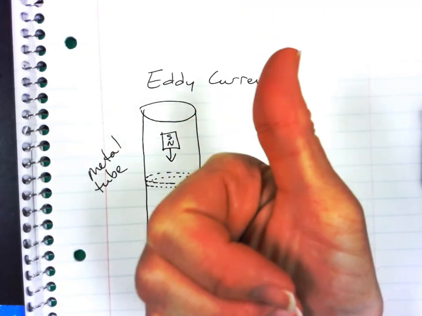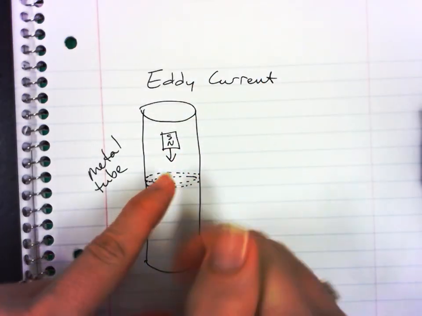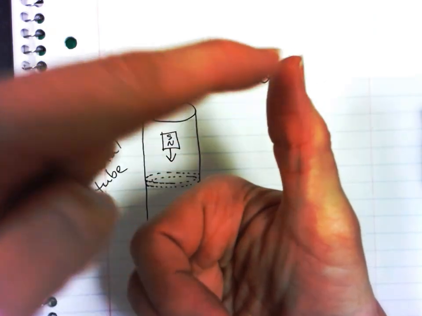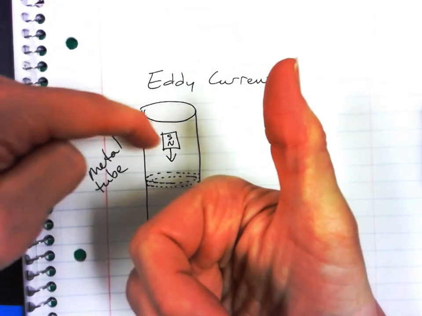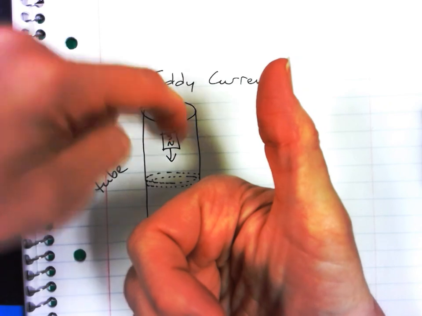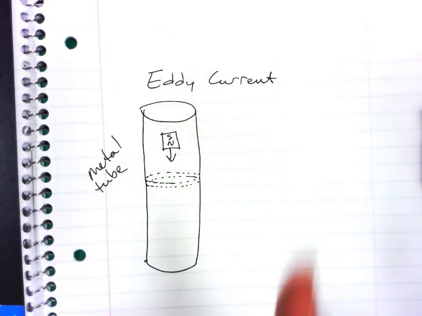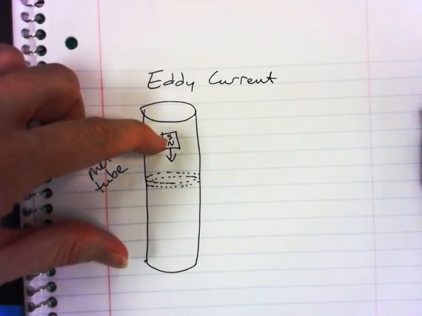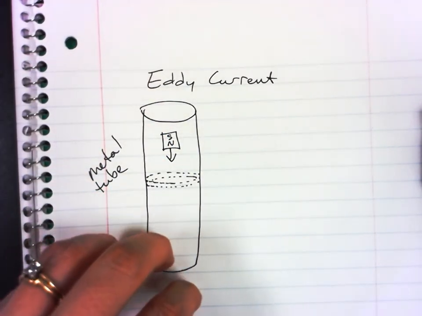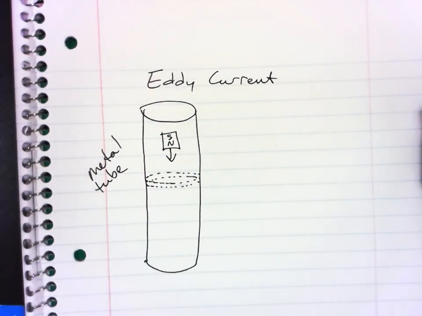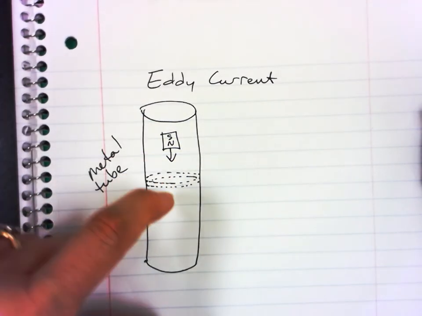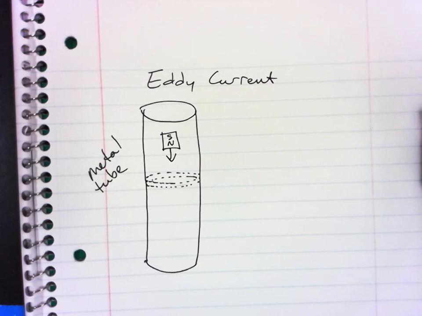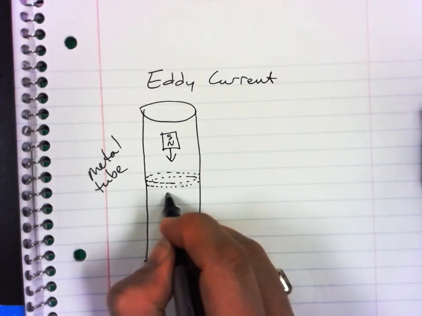But one thing I want to point out is because it's making a magnetic field the opposite direction, that field is going to be detected by this magnet as a force back on it. I hope that sounds to you like Newton's third law, because that's what's happening here. That's how this magnet is interacting with any metal tube, not just a magnetizable object. It sets up a current, and then it is opposed by that field produced by that current. Even after the magnet goes through,